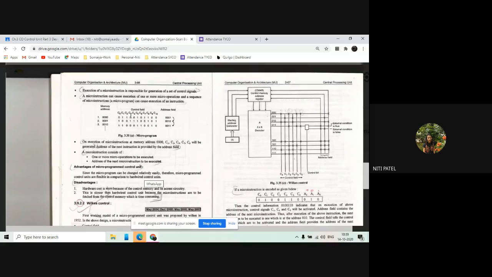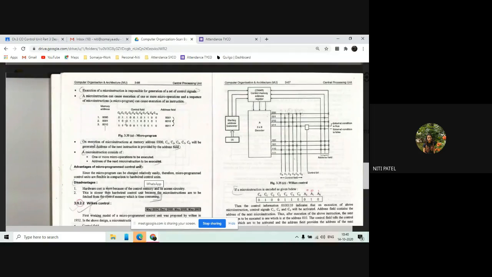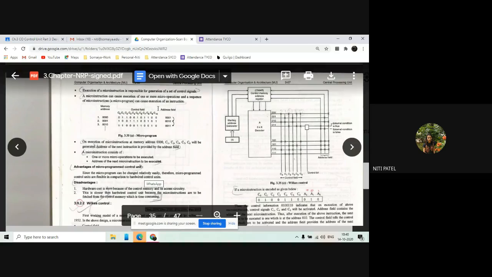Yes. Okay, so what I am trying to say is that whenever I select the design of a control unit as microprogram, what is that microprogram going to do? First of all, it will take the entire program and divide that program into micro instructions. For every micro instruction, it will tell me the memory address where that instruction is. After that, it will generate the appropriate control signals. After the control signals are generated, it is also going to tell me which is the next instruction where I have to go and execute. And how is this going to be told? It will be told by the address field.